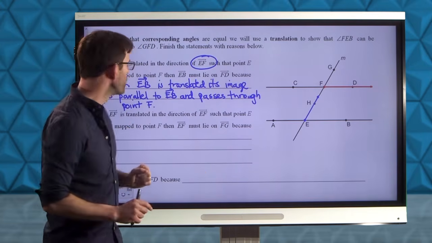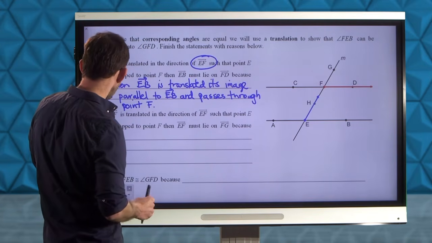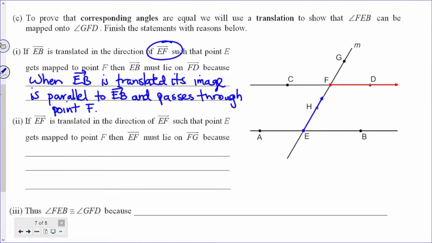But that's only one of the two rays. Let's take a look at number 2, or double I, or whatever you call it. If EF, this guy right here, is translated in the direction of EF, such that point E gets mapped to point F, like this, then EF must lie on FG, because E, F, and G are collinear,